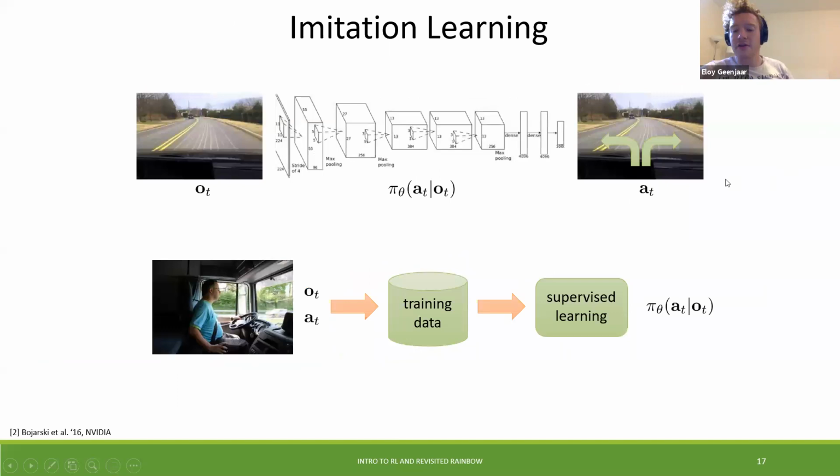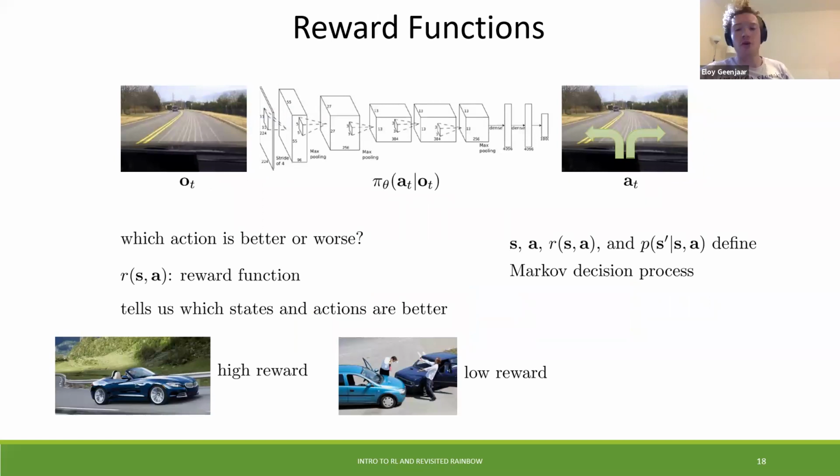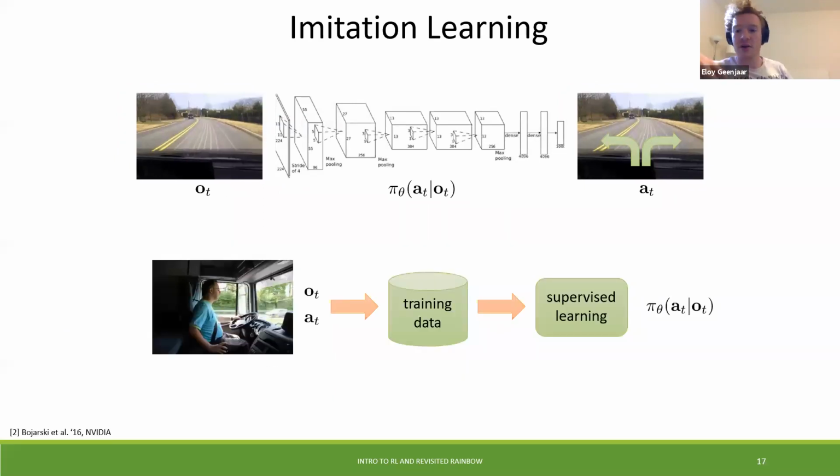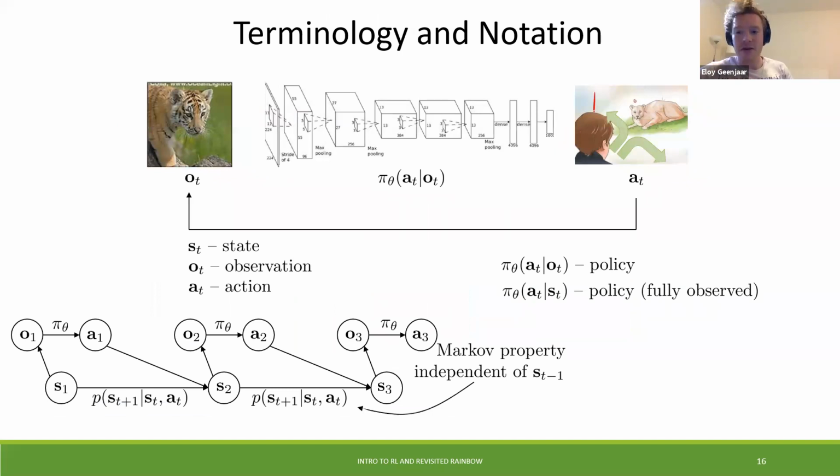Right, I agree that in essence it's abstract, but for some applications you can assume that you know the whole state. For example, if you have a stationary robot and you know exactly the location of the arm and everything about the world that it operates on, you can assume that you have the fully observed state. And then in that case, O would be S. That's also what you see on the right in the diagram. Sometimes if you have a fully observed state, you can assume that O equals S, except for when we saw the car, that's a case where you do not have a fully observed state. And then you need to work with derivatives of the state or predictions of what the state is at that moment.